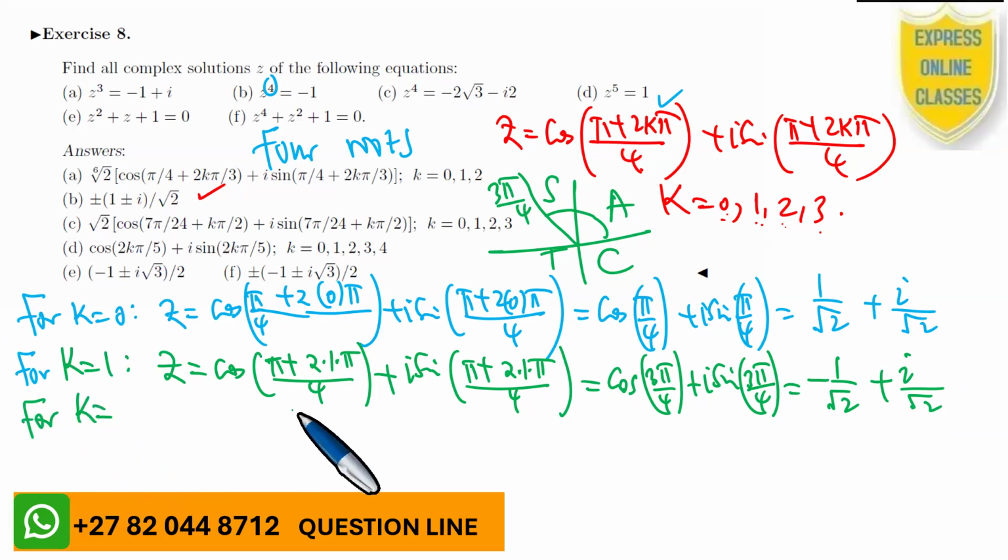But you see, there are other ways to do these. Here we are using de Moivre. But you can do this using high school methods, so you can quickly get this answer. But we don't want those high school methods here. We want de Moivre. So for k equals 2,